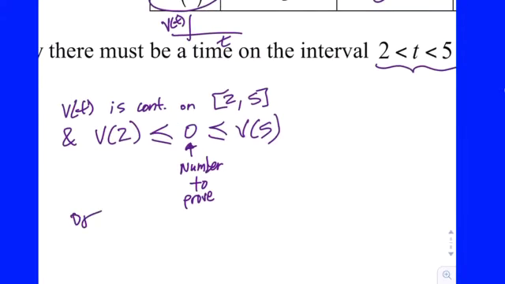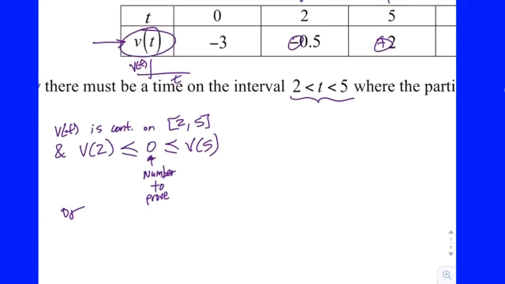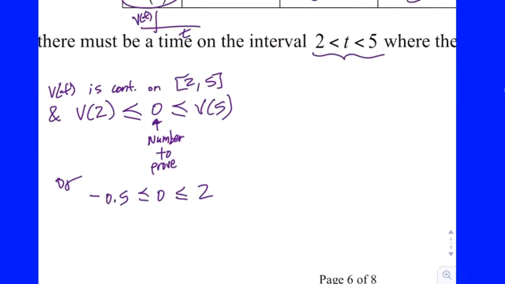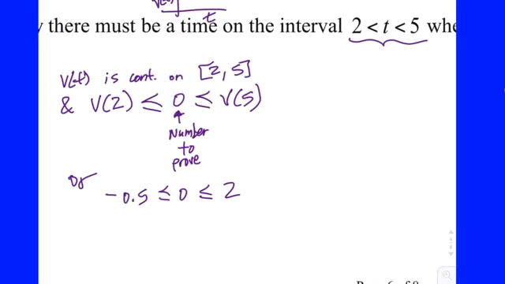Or if you want to actually use the numbers from the table, because the numbers are given, you could say negative 0.5 is less than or equal to 0 is less than or equal to 2. You can even use strict inequalities there. You don't have to say less than or equal to. You could say less than if you want. But you're basically saying that the number we want falls between the other two. So v of t is continuous on the closed interval, so, comma, by the IVT,